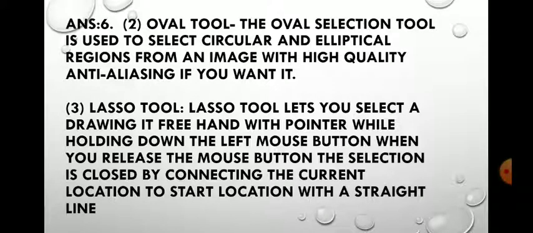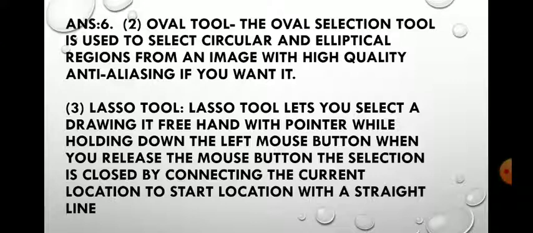Second is oval tool. The oval selection tool is used to select circular and elliptical regions from an image with high quality anti-aliasing if you want it.